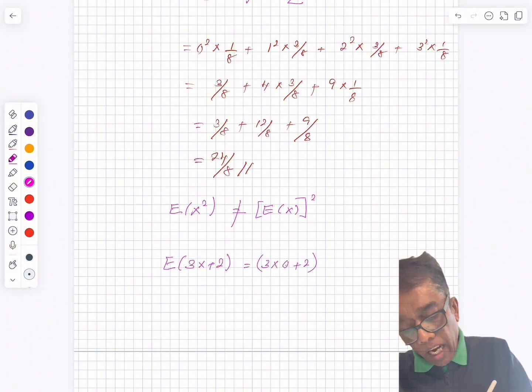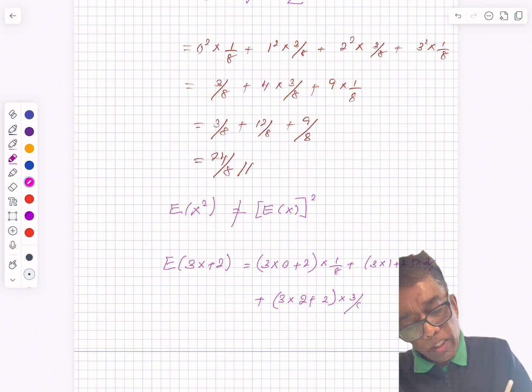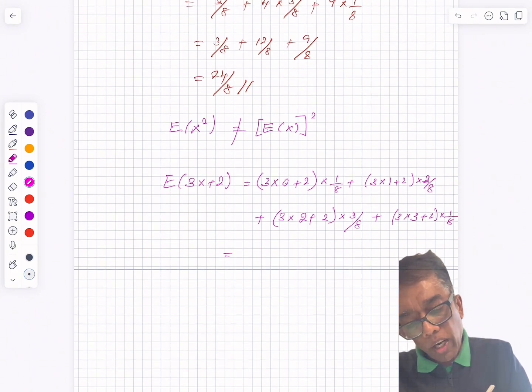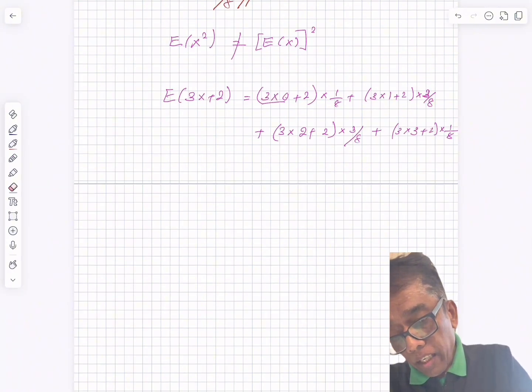That means 3 times 0 plus 2 times 1 over 8, 3 times 1 plus 2, 3 over 8. Then 3 times 2 plus 2 times 3 over 8 plus 3 times 3 plus 2 times 1 over 8. If we simplify this one, what is it? 2 over 8, 3, 5, 15 over 8,